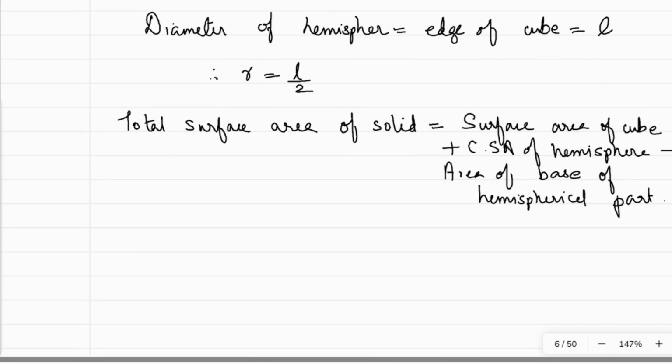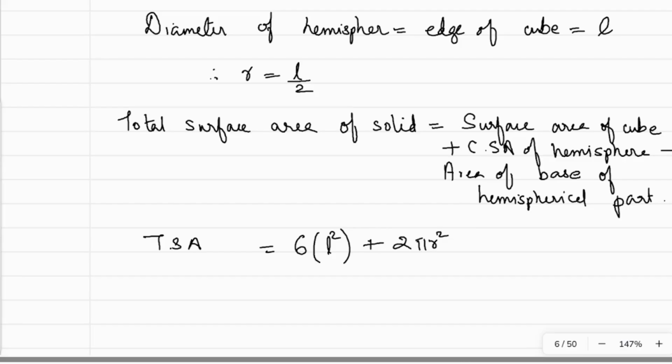So first let me write, that is TSA of remaining solid equal to surface area of a cube. What's the surface area of a cube? Cube surface area equal to 6 into L square, right? Here 6 into L square plus the CSA of a hemisphere. What's the equation for the CSA of a hemisphere? It is 2 pi